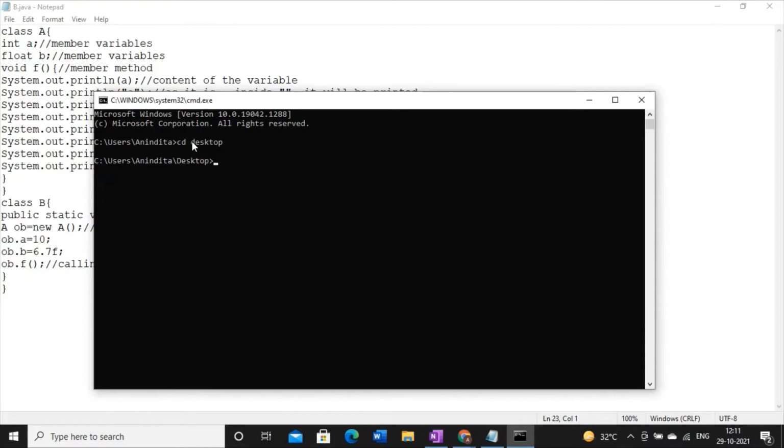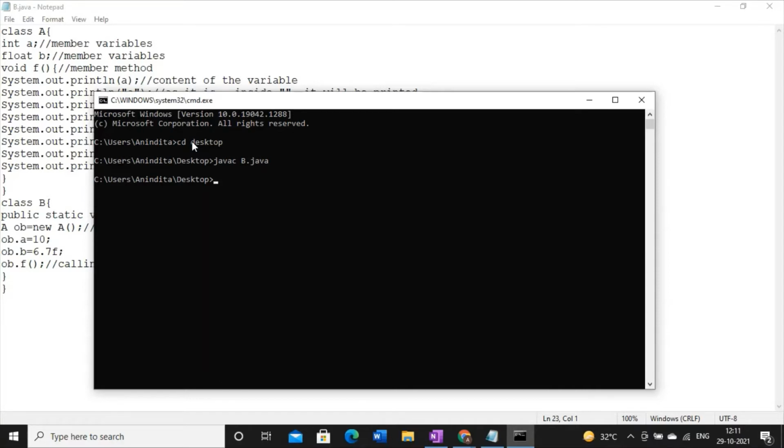After writing a code, our first responsibility is to compile the code. How to compile the code? First, I will write the name of the Java compiler, that is javac, space, then the file name b.java, then enter. If you have any error, it will be displayed immediately after the compilation. If no error, then you will get this. So compilation is done.